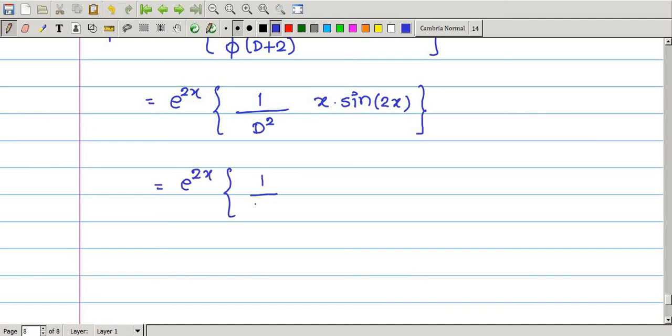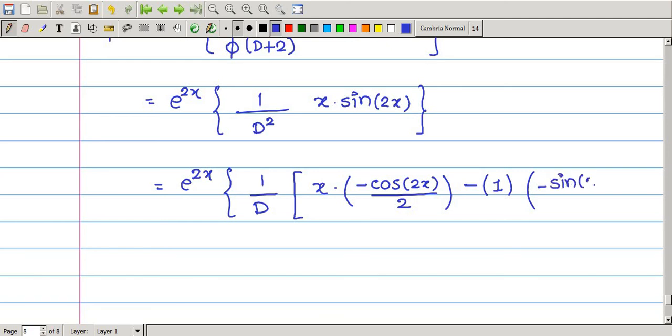We take first integration: first function as it is into integration of sine 2x, which is minus cos 2x upon 2, minus derivative of first function into integration. Integration of cos 2x is sine 2x upon 2 into 2. Then derivative of 1 will be 0, so we terminate that integration. So it is equal to e raised to 2x